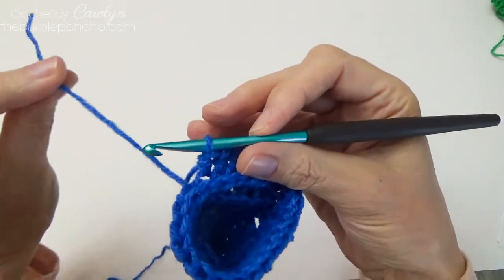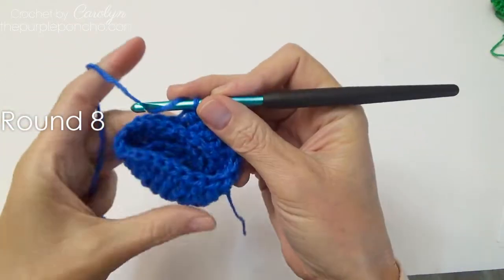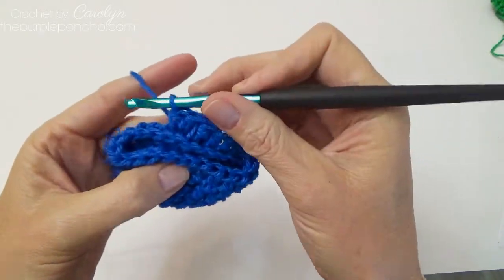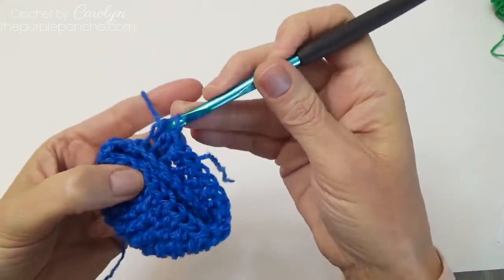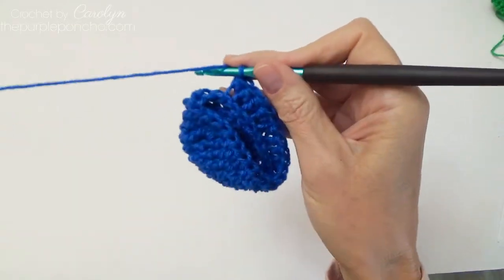Back at my tail, place that on top of your working yarn, drop it in the back. Round 8, we're going to place 2 half double in the first stitch, and then 1 in the next 3 stitches. There's 1, 2, 3,